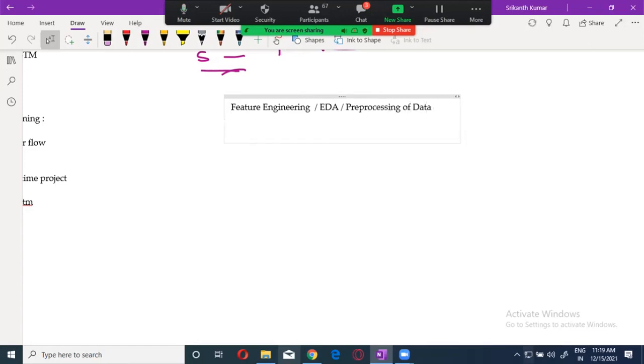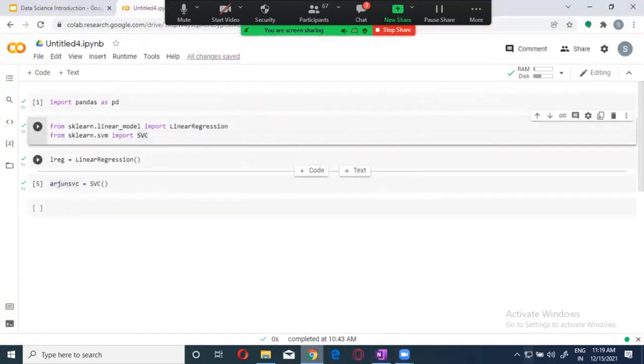Now in this, first we are going to remove the errors, that is called outliers and noisy data. Then we are going to do the encoding techniques. That is nothing but we are going to convert the data as per our requirement. And then we are going to do the feature scaling. Now if I train you on this part for the next 1 week, you will become an expert in creating the models. No problem over that.